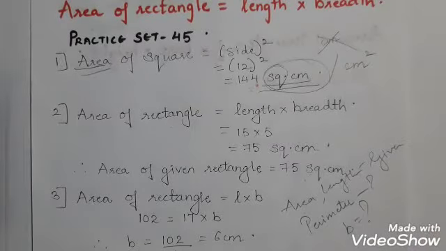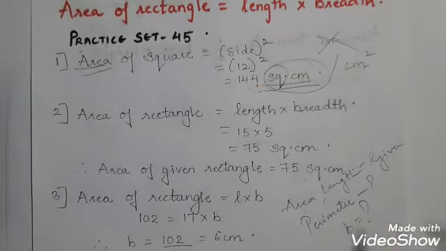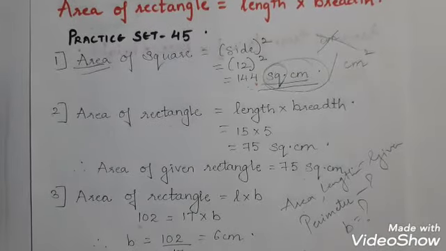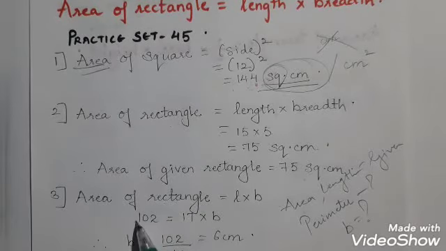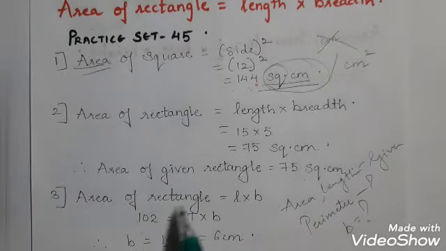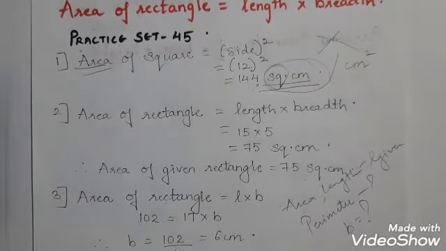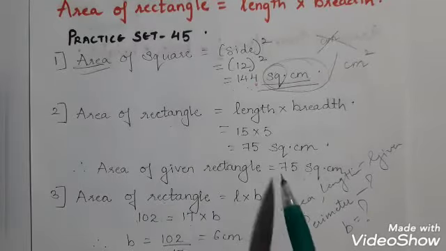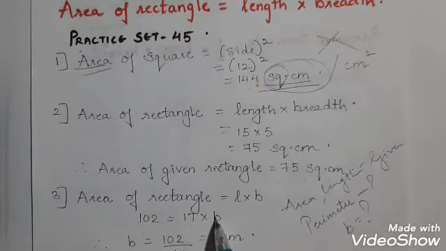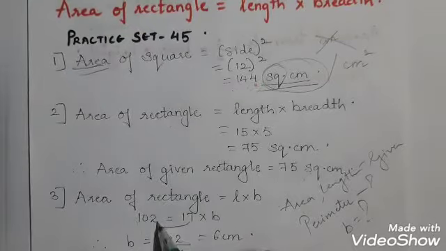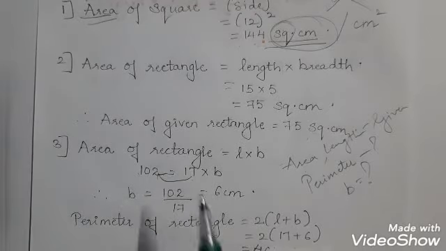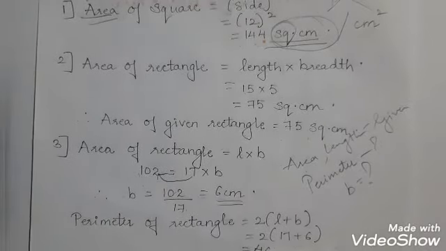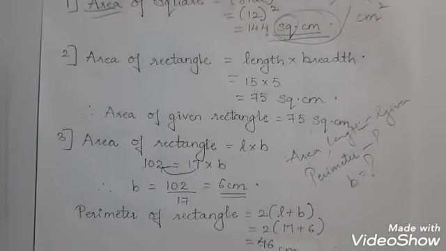So first we will find the breadth of the rectangle. Okay. So first, using the area and the given length, we will first find the breadth of the rectangle. So area of a rectangle formula is length into breadth. Now area is given 102. So 102, in place of area, I have written the value for area, which is equals to, length is also given to us, that is 17. So length is 17 and breadth is B itself, because we don't know what is the breadth. So now I shift this 17 on the other side. So that becomes 102 upon 17 is equals to breadth. So you divide, that is equals to 6 centimeter. So now you got the breadth of the rectangle.